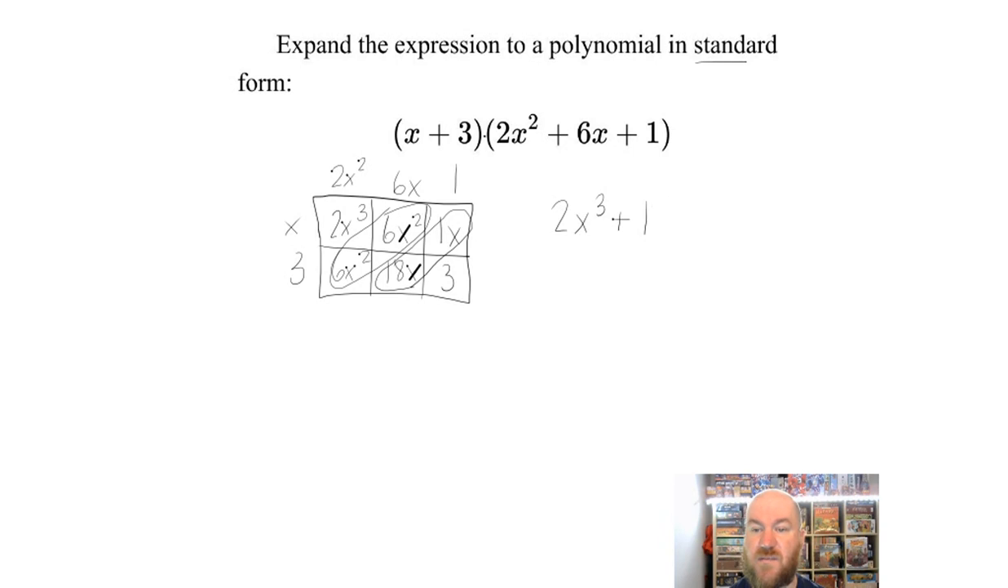6x squared plus 6x squared is 12x squared. Now let's do the plain old x's. 18x plus 1x is 19x. And then the 3 just kind of tacks itself along. That's in standard form, and it says it needs to be a polynomial. Polynomial just means it has many terms. So the answer to this question is 2x to the third plus 12x squared plus